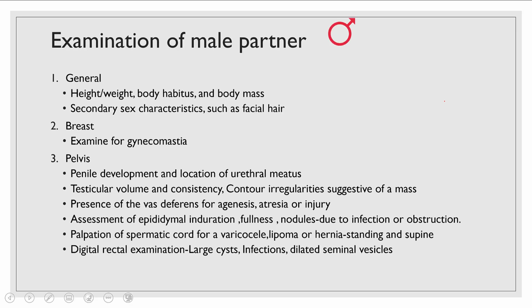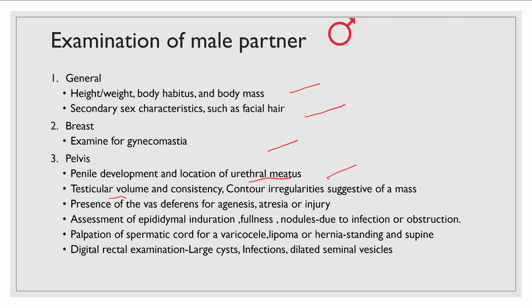And then examination, again in systematic manner: height, weight, BMI, evidence of gynecomastia, and then look at their genitals, look at the penis, urethral meatus. If it is hypospadias, it may be very difficult. Unless you retract the prepuce, you may not see it. Then check the volume. If you want to assess the volume, you need to use an orchidometer properly. If it is